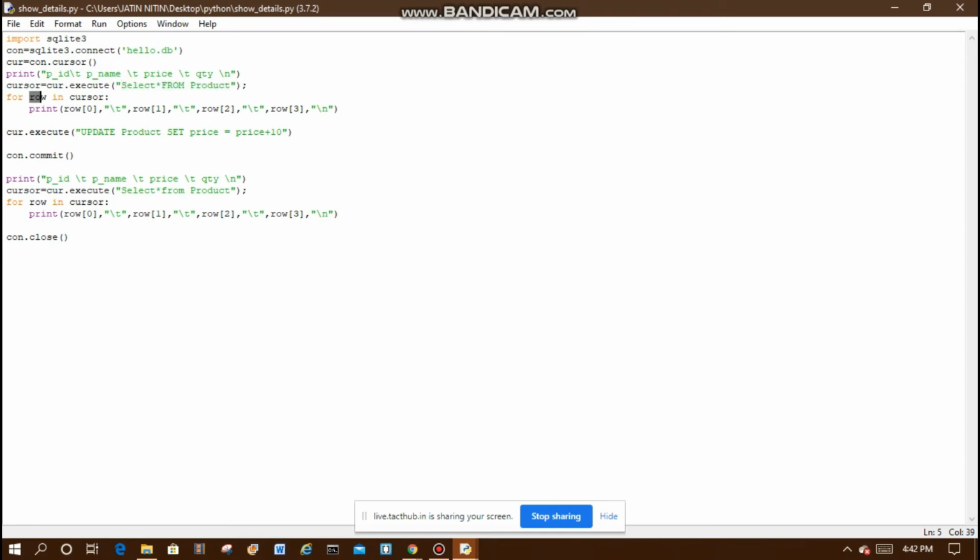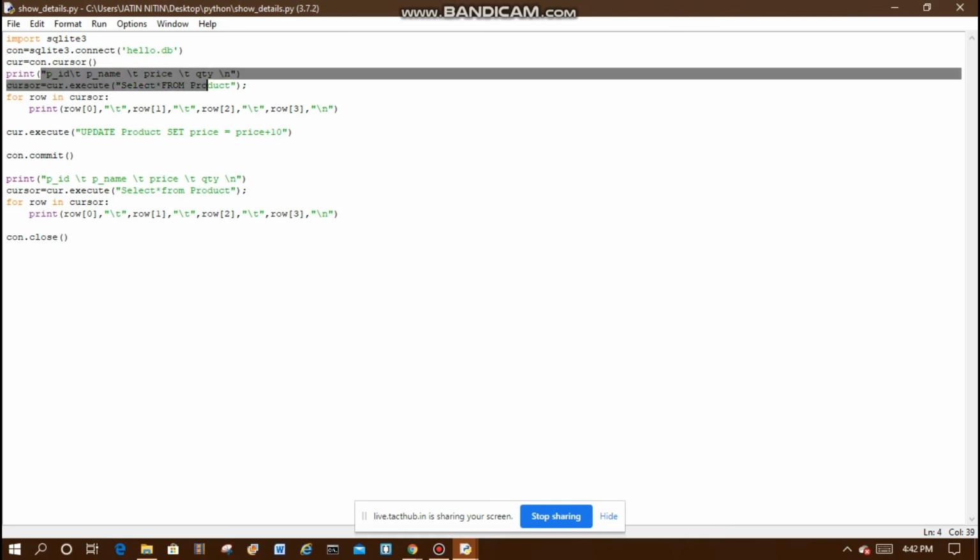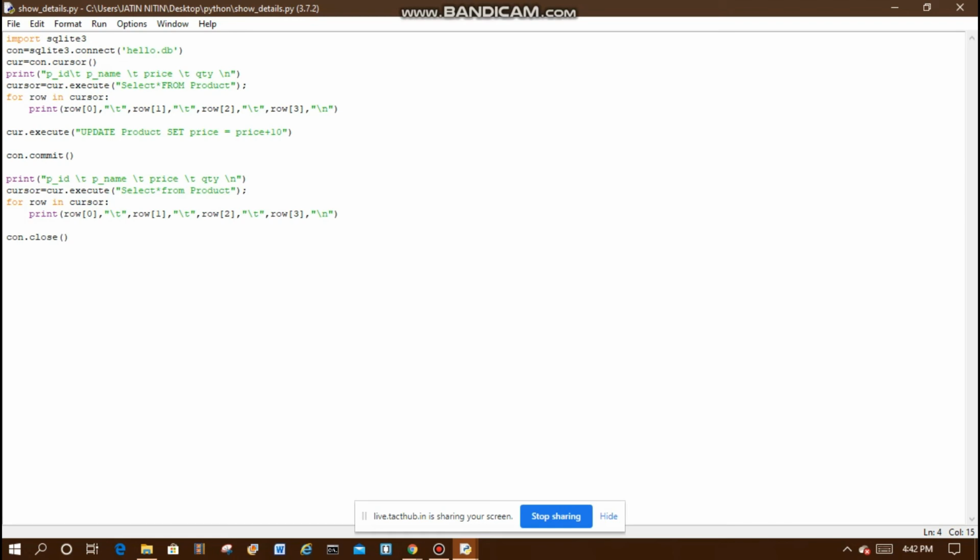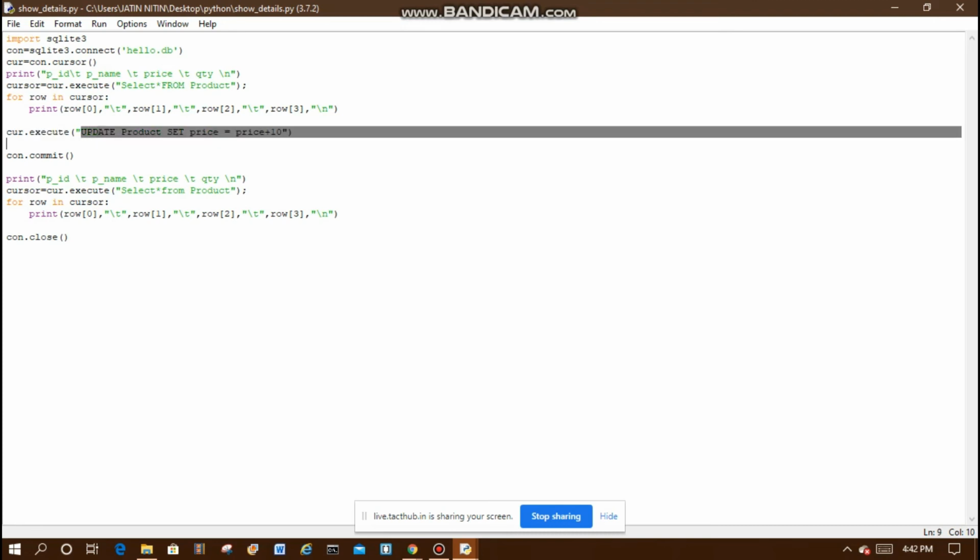It will move from row in cursor, from row 0 to row 1, then row 2, then row 3. Suppose it moves to row 1 and then goes to row 2, and the ID will be incremented by 1 each time. And cursor.execute, then we are executing update product set price.